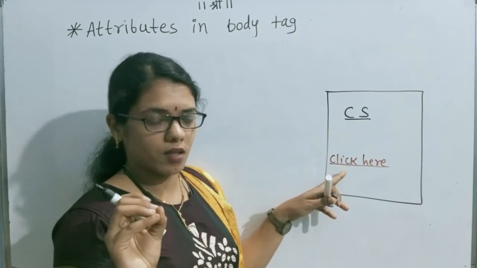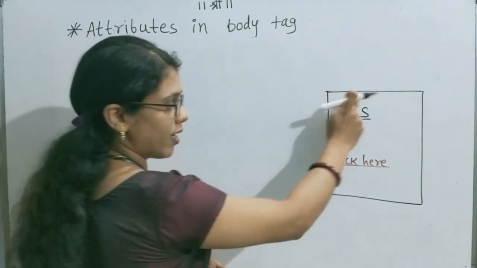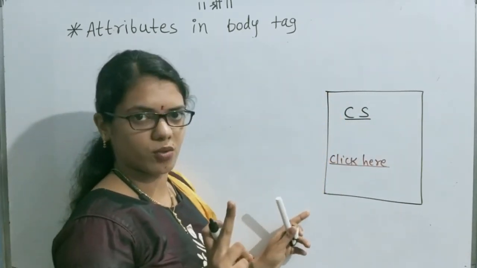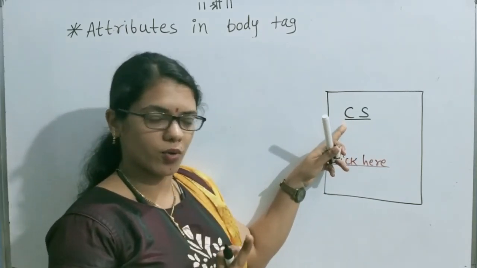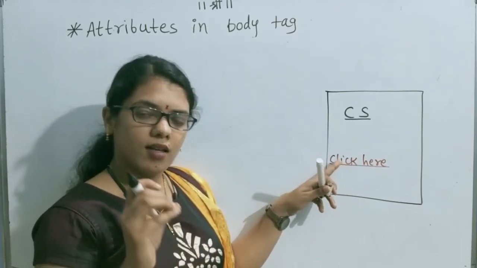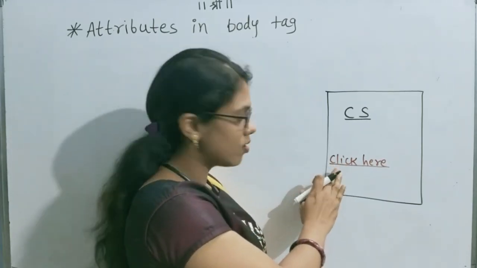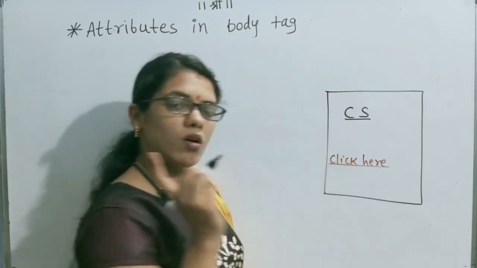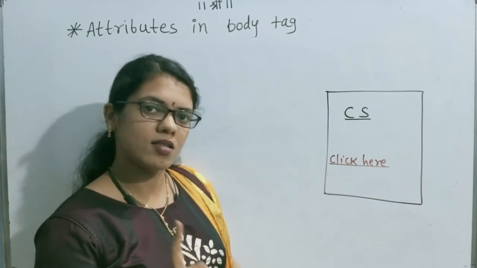Okay, so we are revising our attributes. To provide a white background color, the bgcolor attribute is used. To provide a black color to text, the text attribute is used. To display the link in red color, the link attribute is used. Suppose when the user visits this click here link, the color red is changed into black. So for the vlink attribute the value is black.